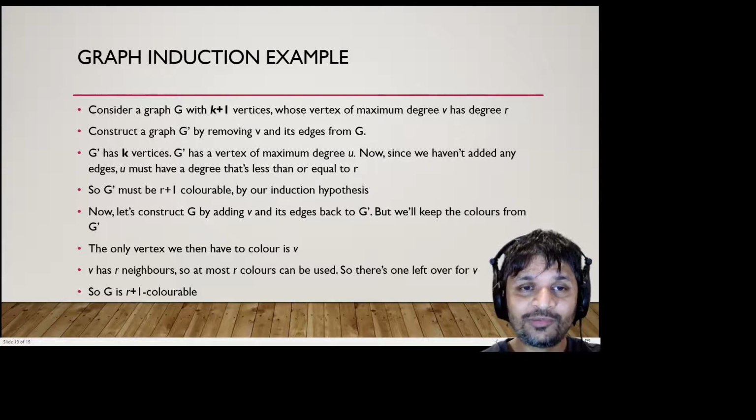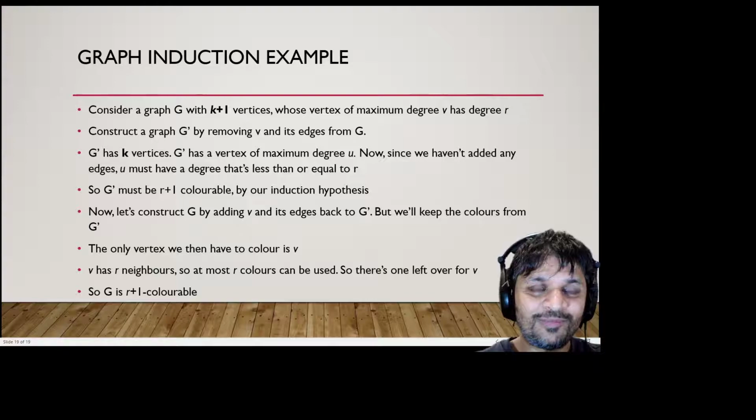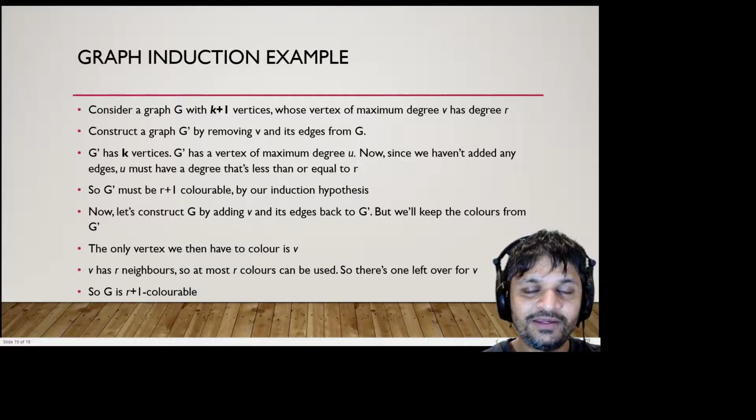Now, this is a bit problematic because, for me to apply any logic to this situation, I have to know something. In this case, I know nothing, except that this thing has k plus 1 vertices. So what I'm going to do is, I know that the vertex of maximum degree is vertex V. So I'm going to remove it from graph G to produce graph G prime. Okay? And I'm going to have to take all the edges with it, because the edges have to go to some vertex. If I took out the vertex, I have to take out its edges, right? So I've now got a graph G prime.